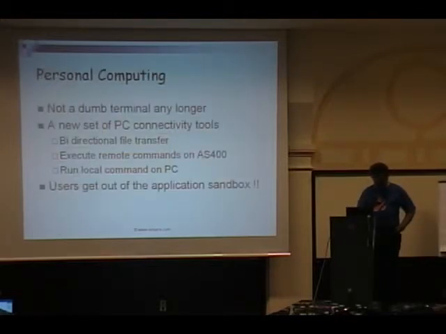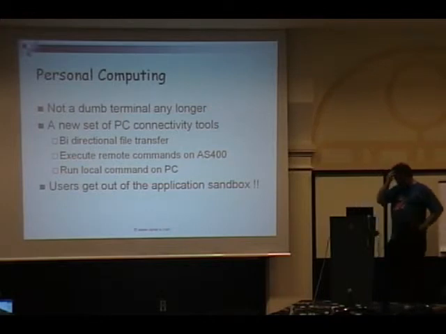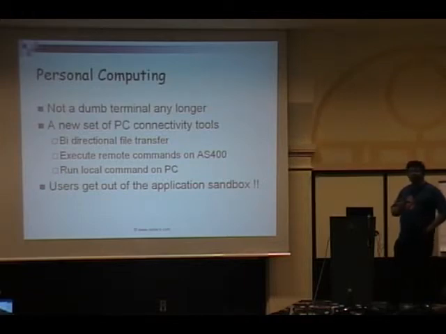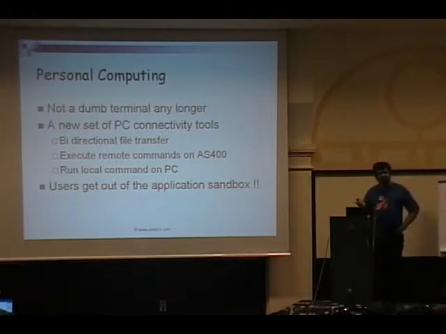So with personal computing, we don't have a dumb terminal any longer. We have a smart terminal that may run other code. It's not dedicated to this task. We have a new set of connectivity tools.